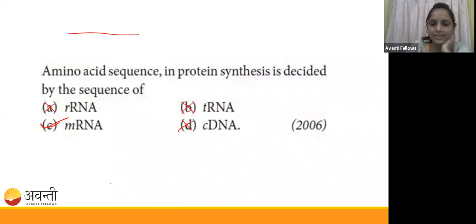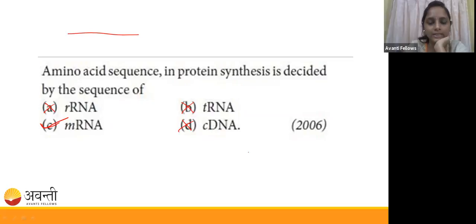Okay, guys. Do you have any confusion in this, guys? If you have anything about the translation, you can ask me. I'm going to summarize now what the translation is. In the translation, we have 5 steps. The first one is the activation of the amino acid. Second one is the charging of the tRNA. And third one is the initiation. The fourth one is the elongation. And fifth one is the termination. Right? I think you all know about these steps. If you have any confusion, you can ask me.